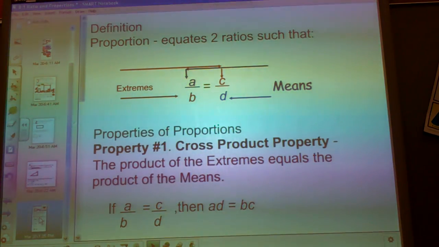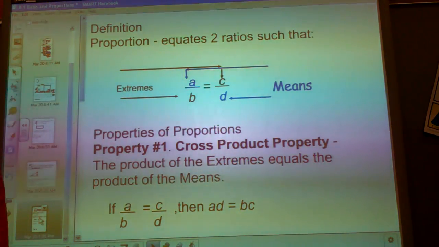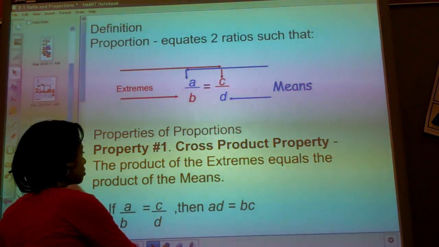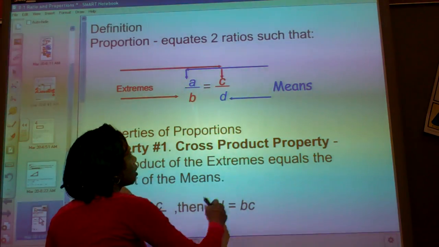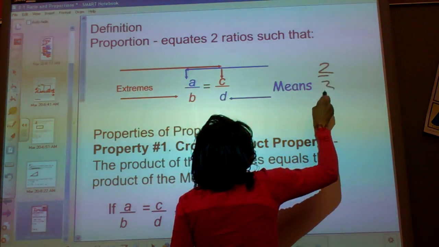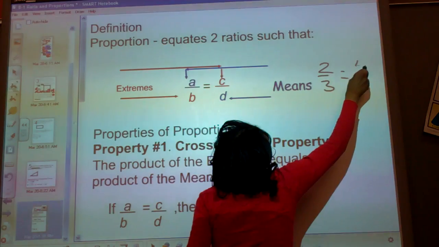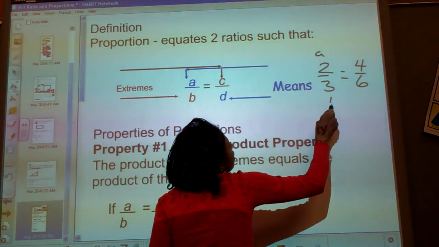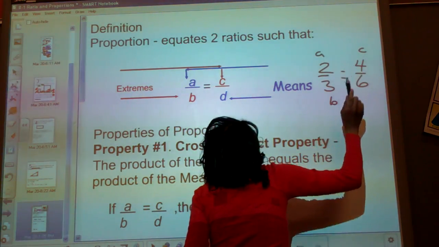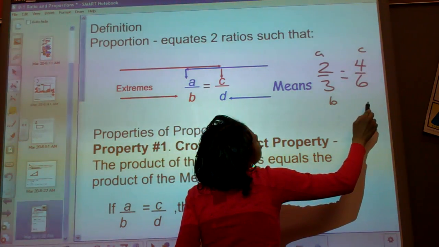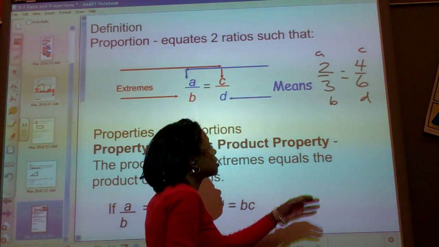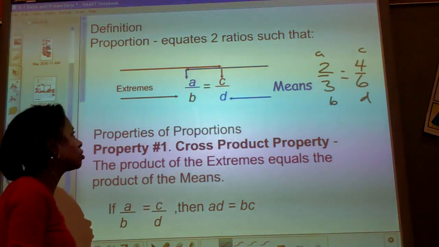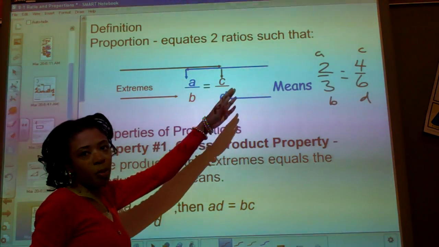Now, to begin here, when I look at this information, I'm just going to let 2 over 3 equal 4 over 6. So I'm letting A be 2, B be 3, C be 4, and D be 6. So let's say 2/3 is equal to 4/6. You'll see what I'm talking about in just a minute, but just know that this is how a proportional ratio